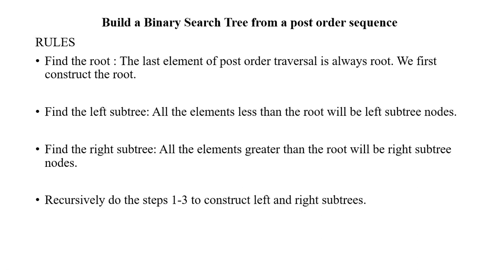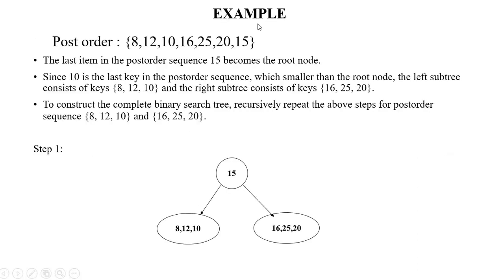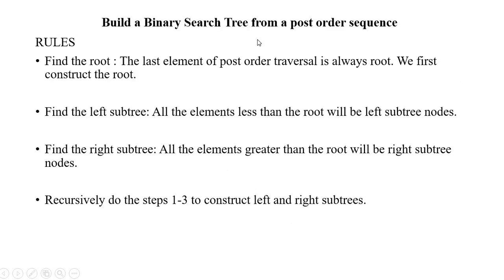Obviously, the first step is to find the root. So how do we find the root? What is the post-order traversal sequence? It is left, right, and then root, isn't it? So the root comes last. Since the traversal is left, right, and root, the last element will be our root element. So here the last element will be the root element, and then we have to find the left subtree and